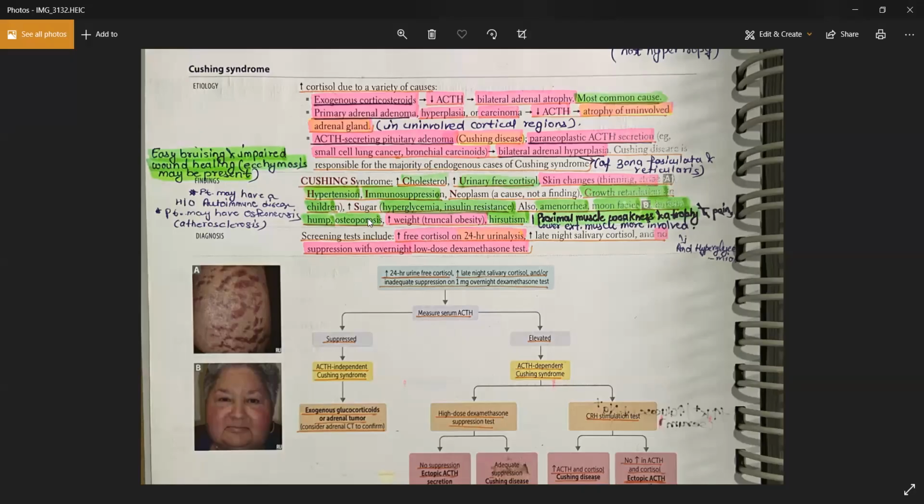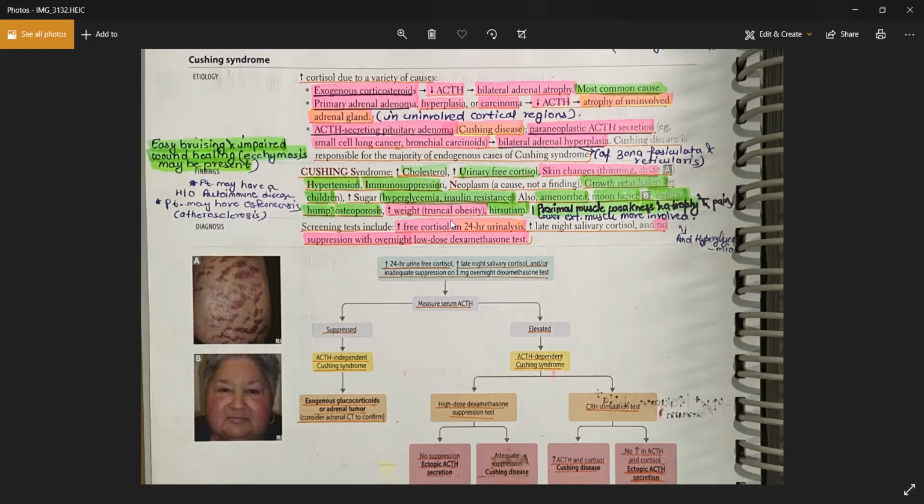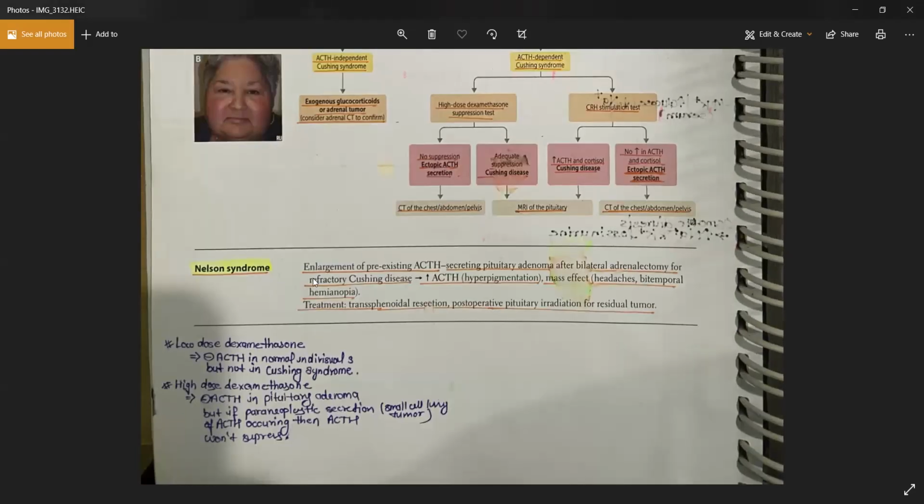You will also get the osteoporosis and the poor wound healing, okay, because the cortisol inhibits the fibroblast and as well as it will also suppress your inflammation, and both of these things are needed for the proper wound healing, okay. So that's why you get the poor wound healing, okay. And we have discussed Nelson syndrome. We have discussed how an ACTH pituitary adenoma will increase in size and will make the symptoms worse if you